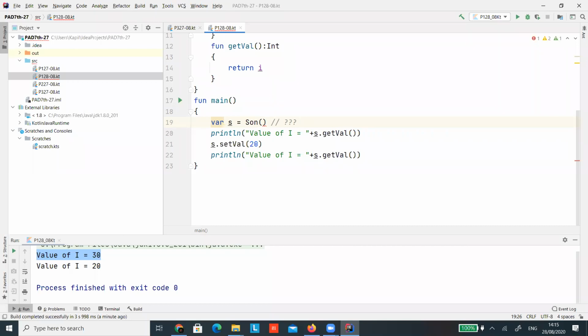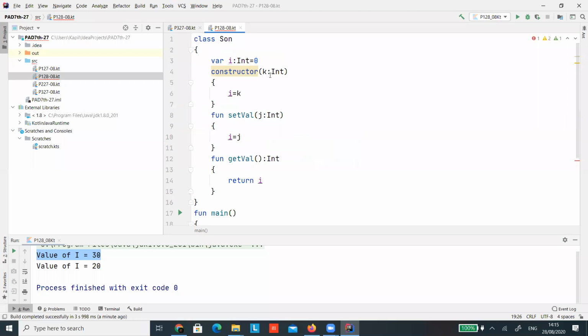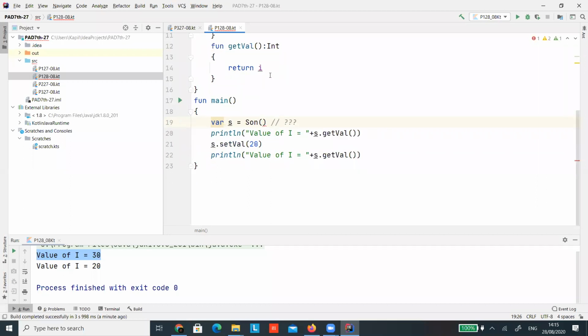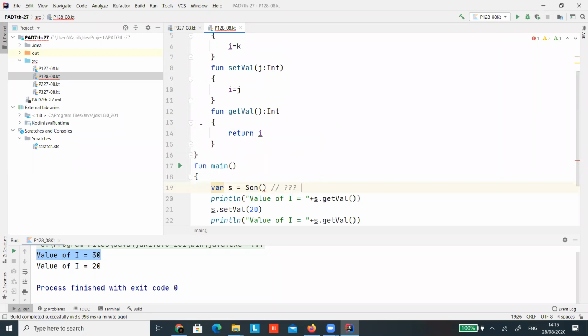Because we have used the parameterized constructor, and I'm calling the default constructor without any parameter. So will it give me any error or will it successfully execute?